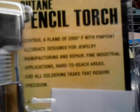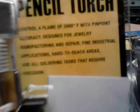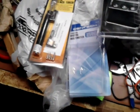So, yeah. It says it'll do temperatures at 2,000 degrees with pinpoint accuracy, designed for jewelry repairs and hard to reach areas, soldering tasks. So, we'll see how that does. I know most of these butane torches out of Harbor Freight, people don't like them, but that's all I got for you,